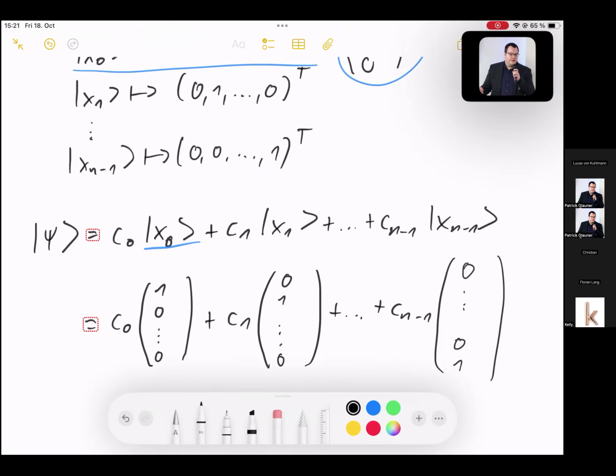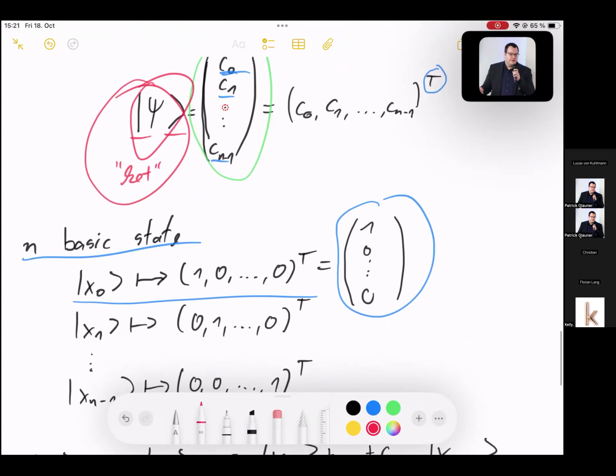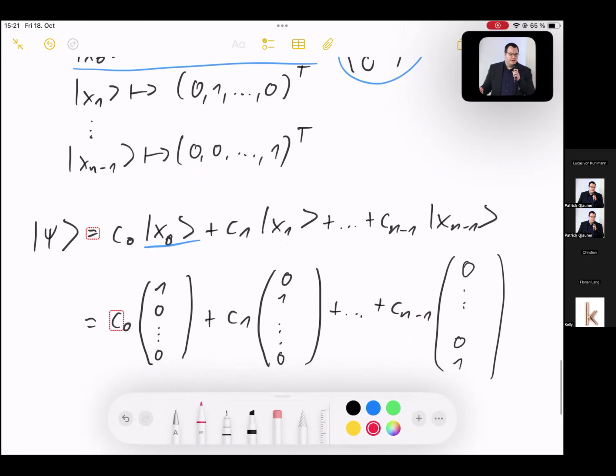So something like this. You've learned in a linear algebra course how a linear combination works, so I don't need to repeat this. But what we can see is our quantum state, psi ket, can be represented as a linear combination of its complex entries, which are the ones I'm highlighting in red, each multiplied with the